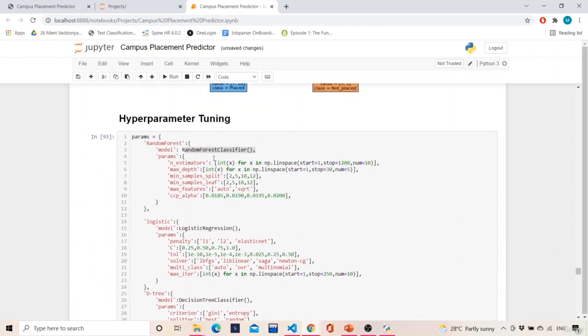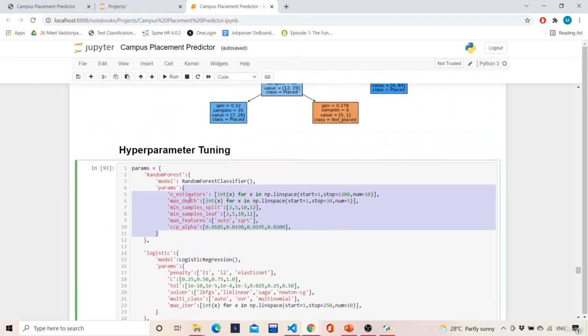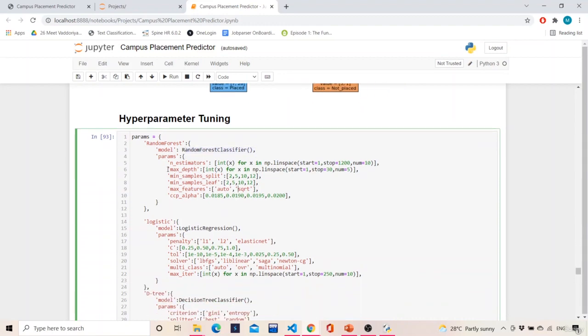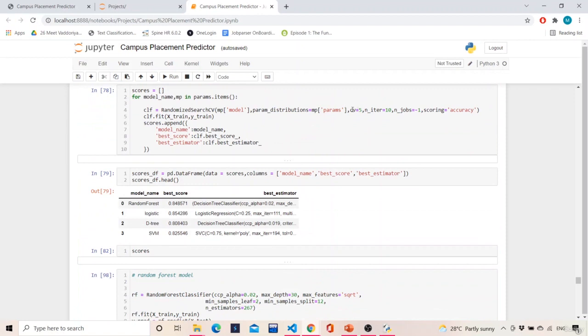What are the parameters which we are tuning, or which we are looking for? This is the param dict. So mp of params is nothing but pointing to this value. In that, mp of model is the random forest classifier, which is our classifier, and the parameters are this. That is what has been passed, mp of params, and cv is equal to 5